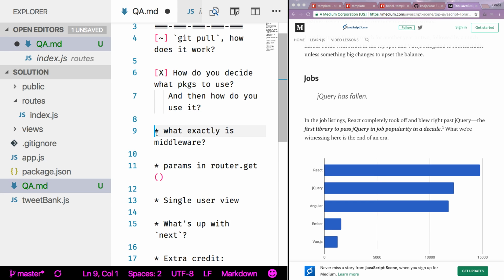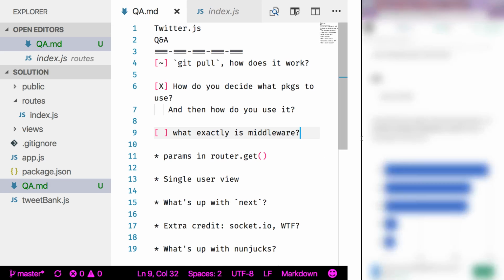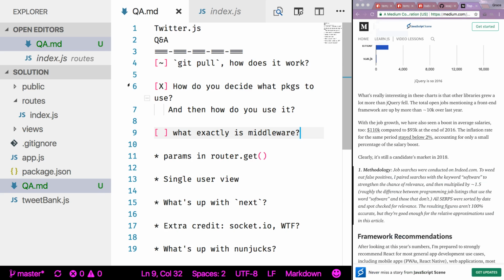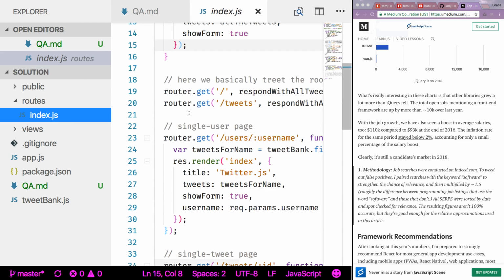Okay, what's middleware? So middleware is ware that sits in the middle. Specifically, it's software that sits in the middle of generally another piece of software. So in Express,